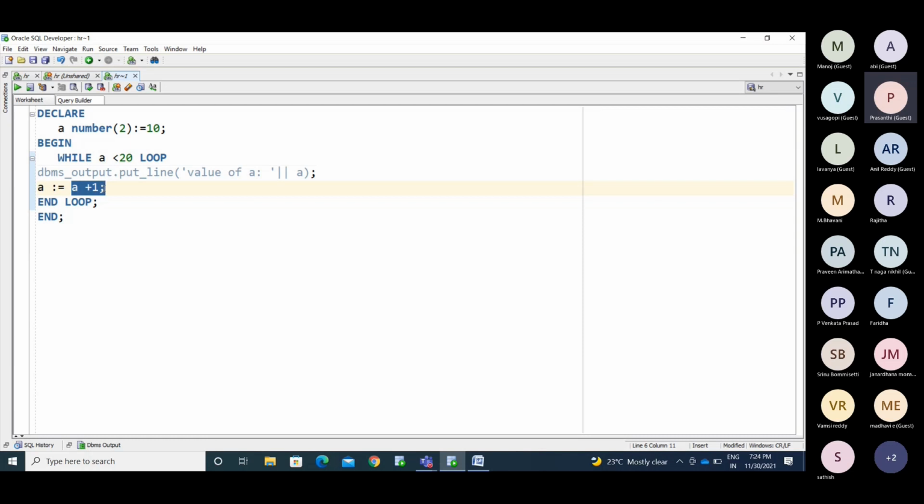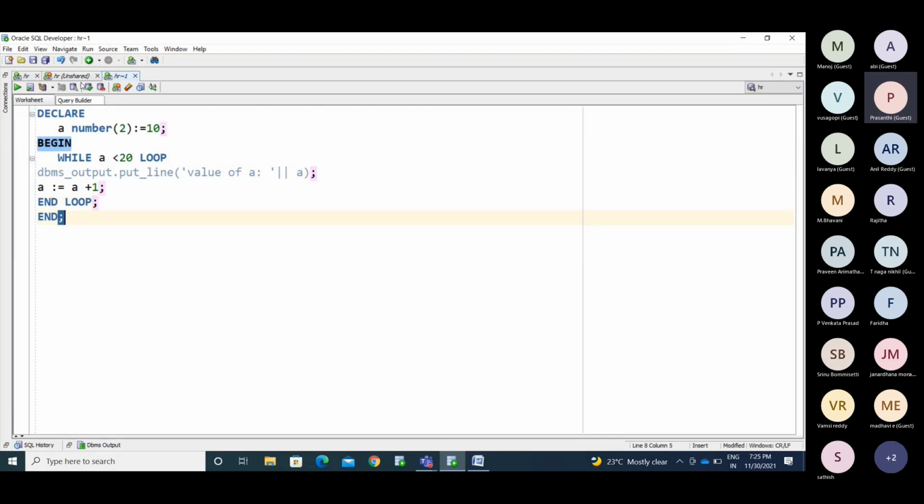For each iteration it gets increased by 1: 10, 11, 12, 13, 14, like that. Once the value reaches 20, it will check the condition 20 less than 20. The condition is going to fail here, and it automatically comes out of the loop.